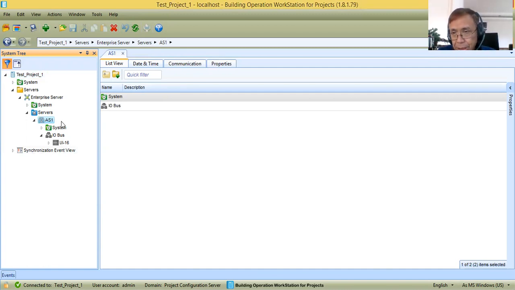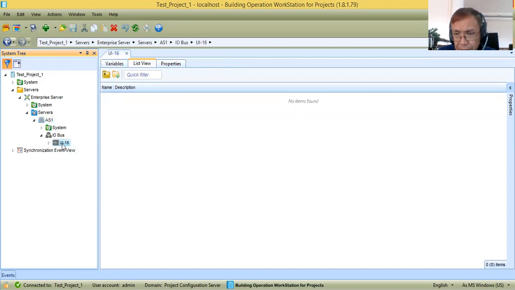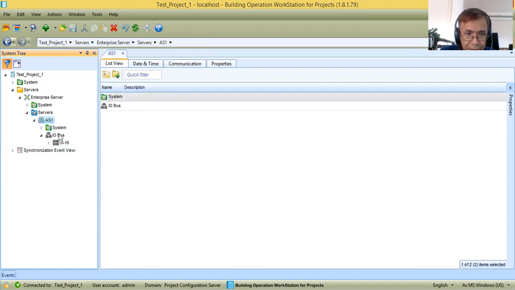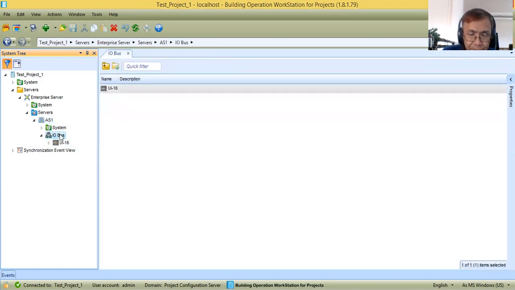Now, your automation server can have IO modules. I hope you understand what IO modules are. Your IO modules will be communicating to your automation server through the IO bus. From your IO bus you can add the IO modules that are connected to it.